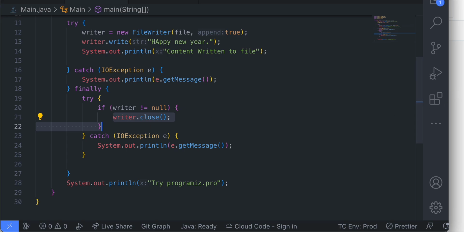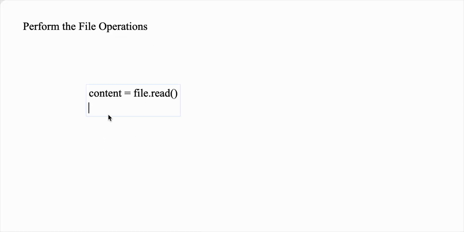Okay, now we have some file methods. One minute. The file